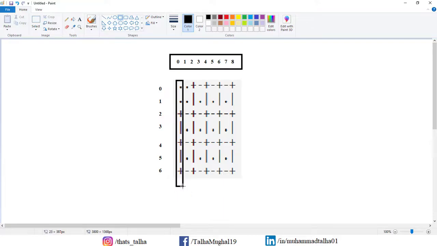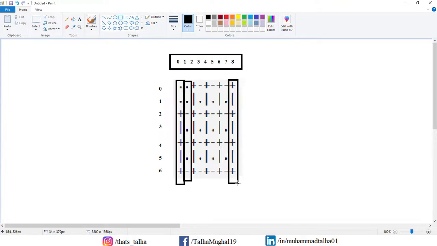So this right here is the first column, and adjacent to that this is the second column, and same goes all the way to the end, and you can count that we have 9 columns. And just like that, I'll just change the color here. Maybe now I'll just change the color, and we have this first row, and then adjacent to that we have